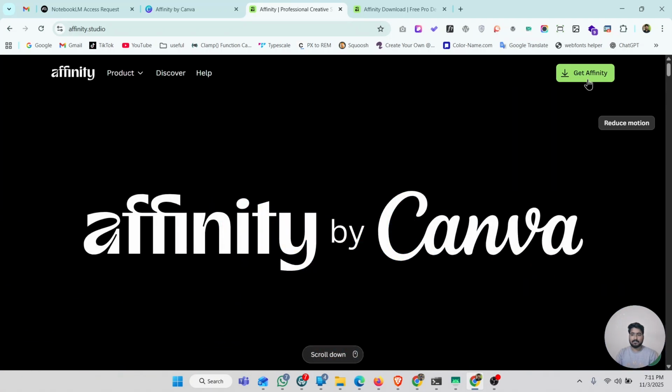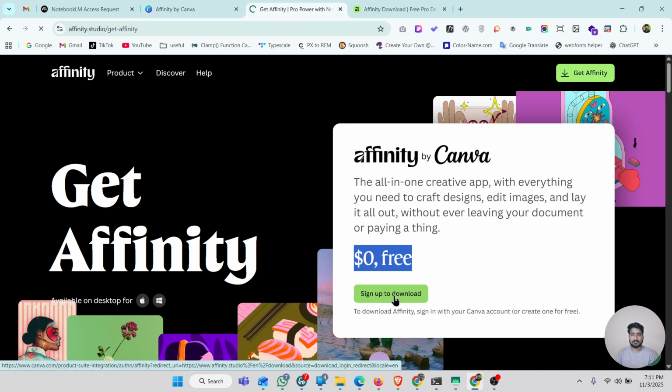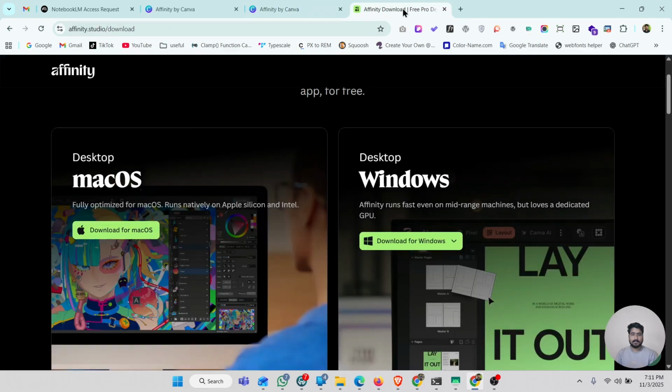And in this video I am going to show you how you can download it and install. To do that, you can click here on Get Affinity, and here you can see that it is $0 and free. So you can click here on sign up to download. Once you click here, then you will see these options. You can log in with these options. You can choose the one that works for you. The easiest method is continue with Google,